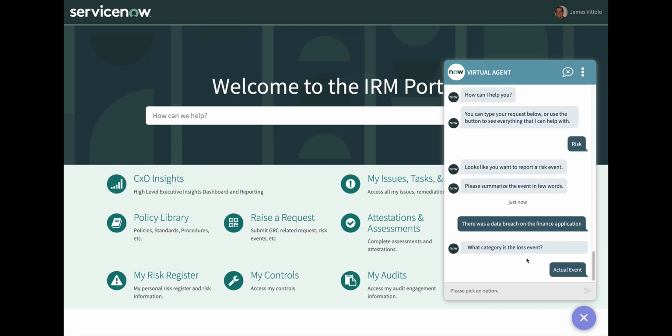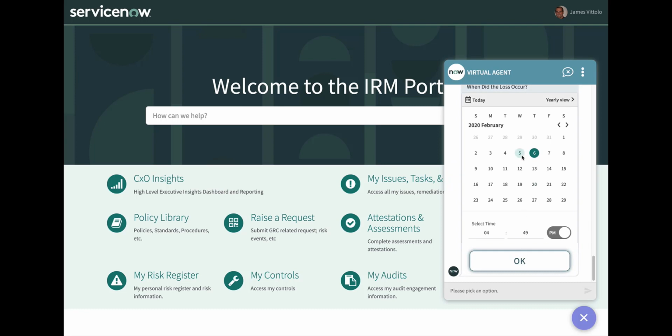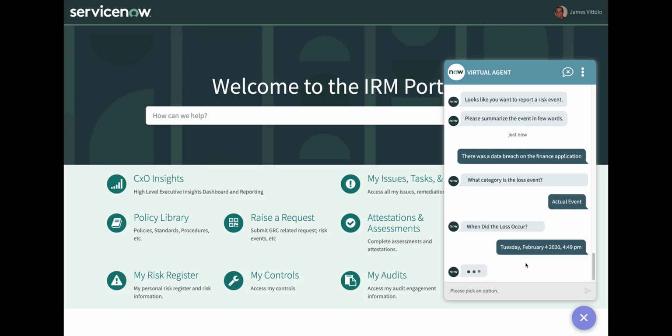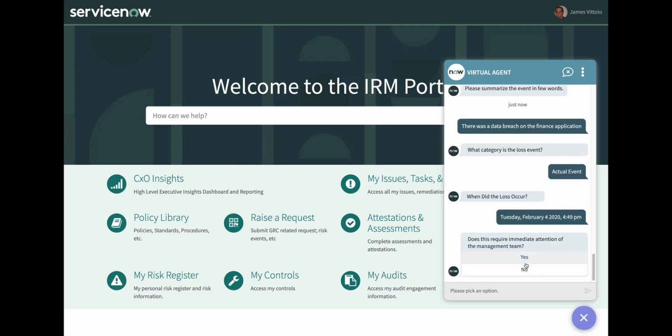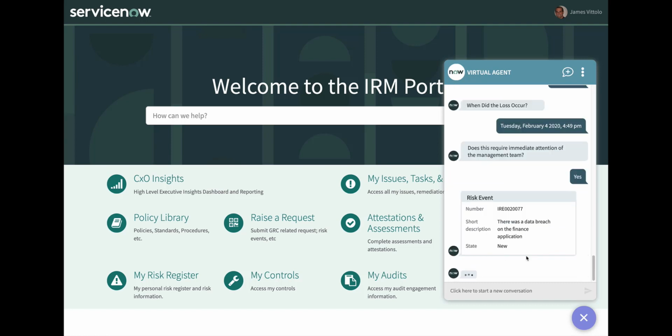And we can continue through this process. It was an actual event. And in this case, we're going to request, when did it happen? It happened a couple of days ago. We're going to click OK. And we continue through having this conversation, right? Does this require immediate attention? The answer is yes. And we get through this whole process and we see that that risk event has been